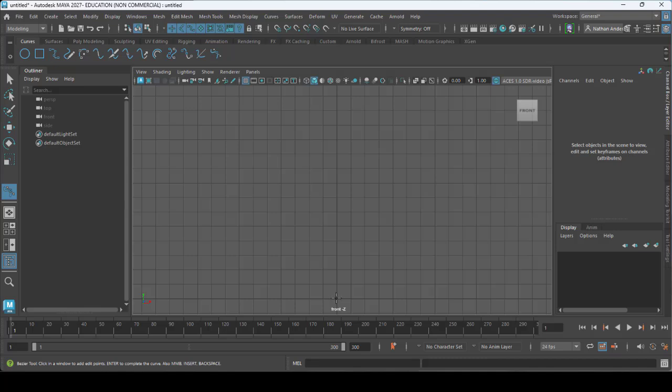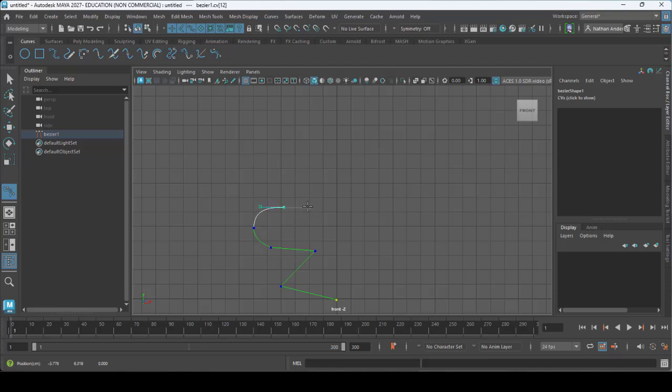So if we click once, it'll create corners. If we click, hold, and drag, it will create a tangent curve. Now here's the exception. If you click and hold and press any of the other buttons like Control or Alt or Shift, it will not make a broken tangent, like a Bezier corner.